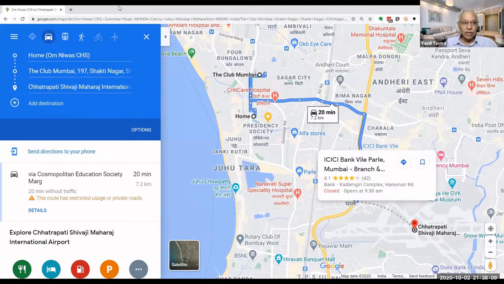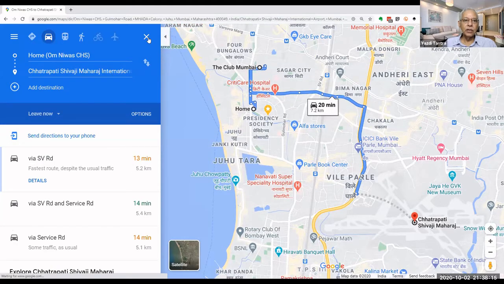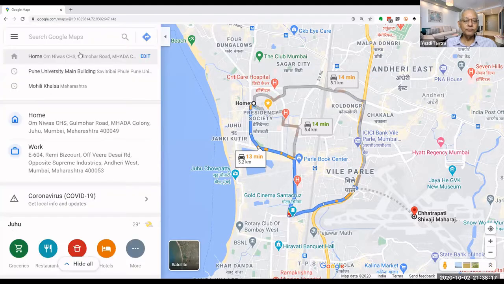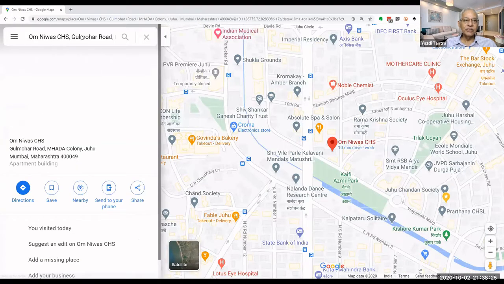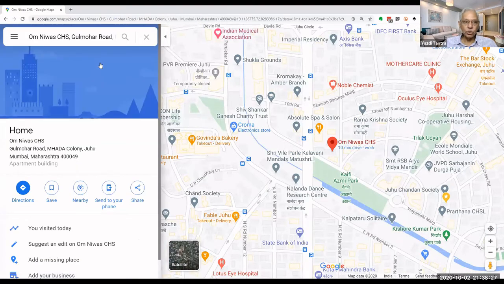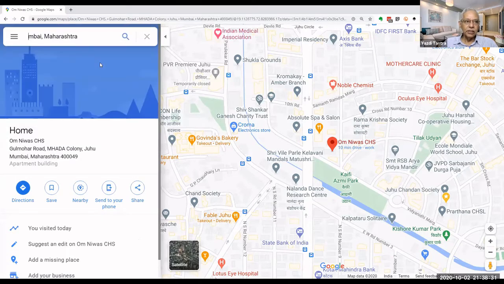Okay. Then we also saw, I'm just removing these. I'm coming back home. We also saw what nearby does. We can search for things nearby. So if I say from my home location itself, I want to look for a chemist, it will show me all the chemists nearby.